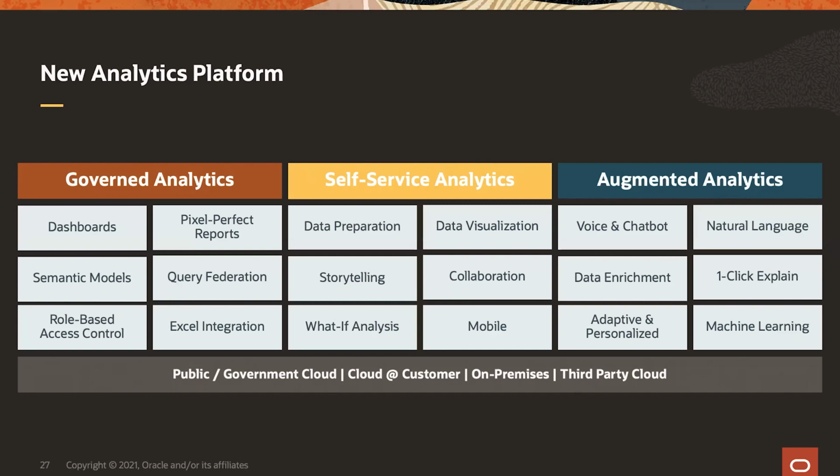And finally, we have this new approach of augmented analytics, where we start to integrate our information through voice and chatbots, natural language query, natural language generation, which we'll show you a lot today as well. Also with augmented, it really boosts users' productivity, reducing the number of clicks to enrich your data. You also don't have to now jump out to different tools to be able to extend your data sets. Instead, with a few single clicks, you can increase your data set.